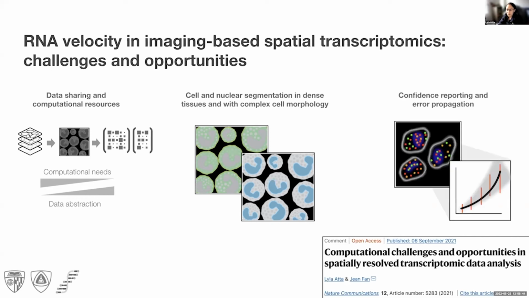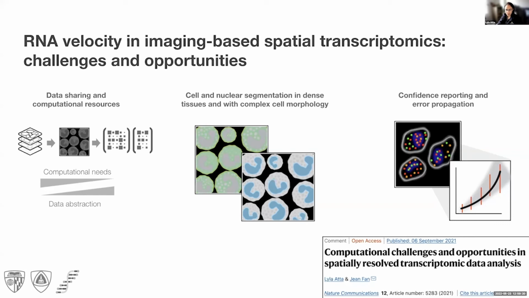And then finally, determining the RNA count for cells and subcellular compartments relies on multiple steps. Each has an associated error rate. So in MERFISH, for example, we identify RNA species using a binary barcode, and that is determined from several rounds of sequential FISH. Counting RNAs relies on an accurate reading of this binary barcode and any subsequent error correction. And so each of these steps is associated with some confidence level. And in sequencing data, by comparison, we have a standardized method for reporting confidence in sequence-based calling. But we don't have a method that we've come up with that acts in an analogous way for imaging-based spatial